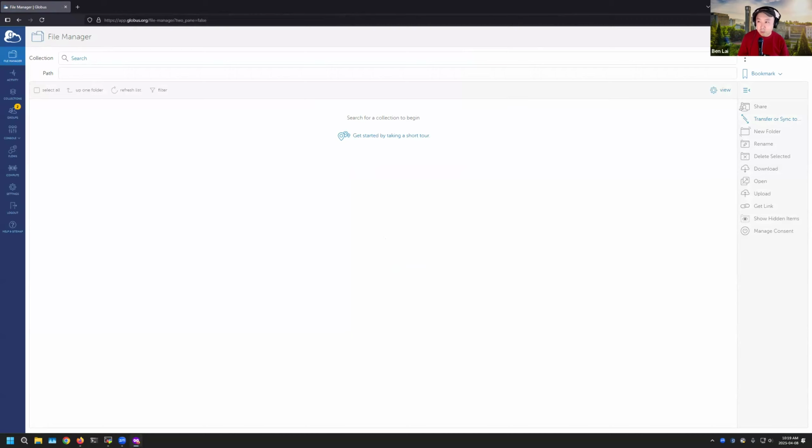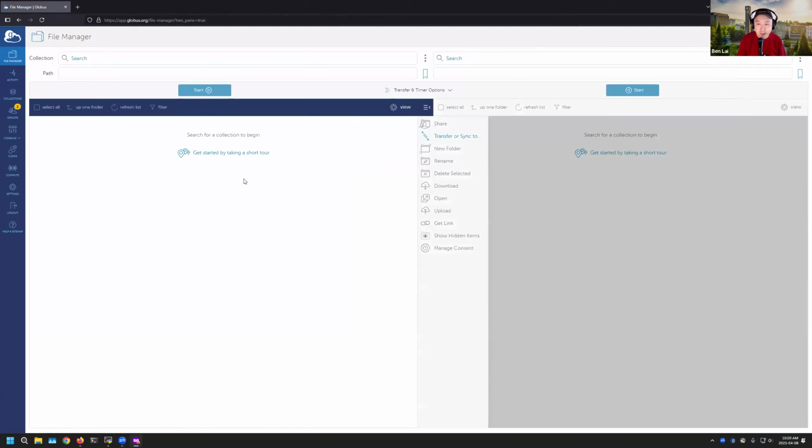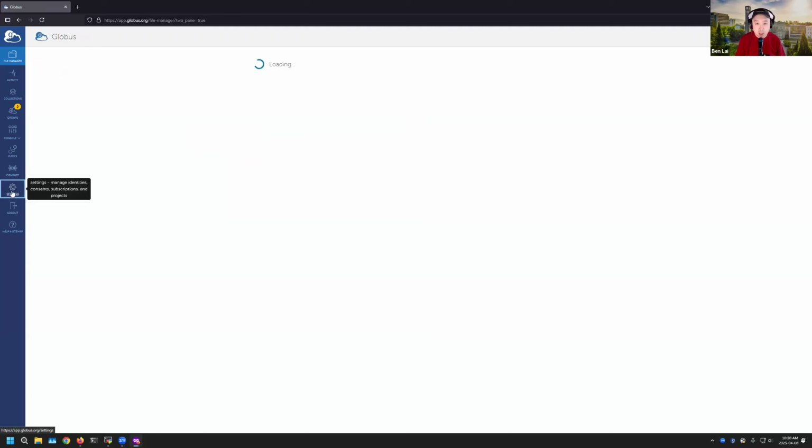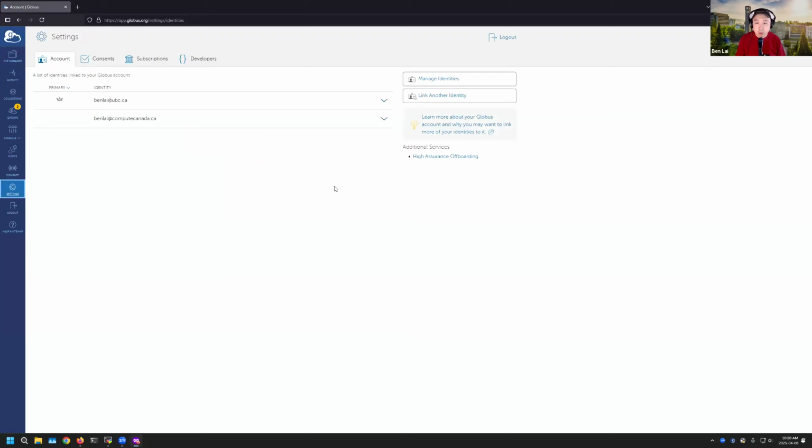You would start with a single panel, which doesn't make too much sense. You most likely will want to switch to the two panel, because a lot of times you're just transferring files from one endpoint to another. But before I go too much into that, under settings, we did mention that you can link identities between your